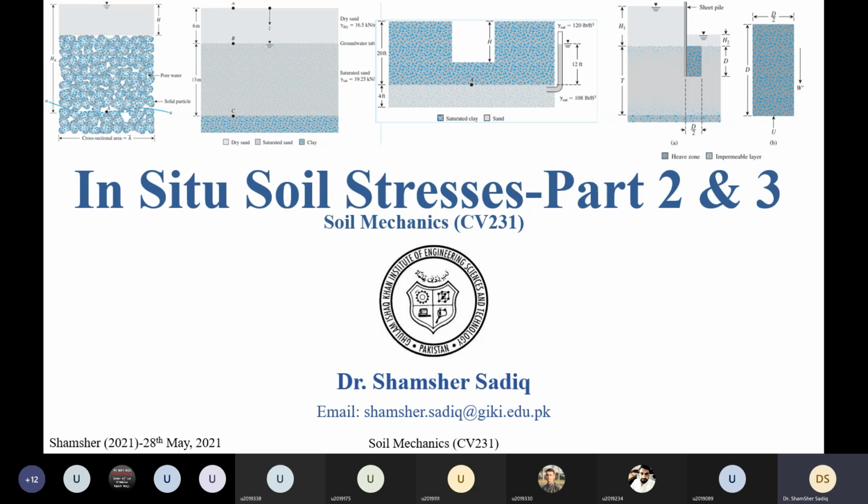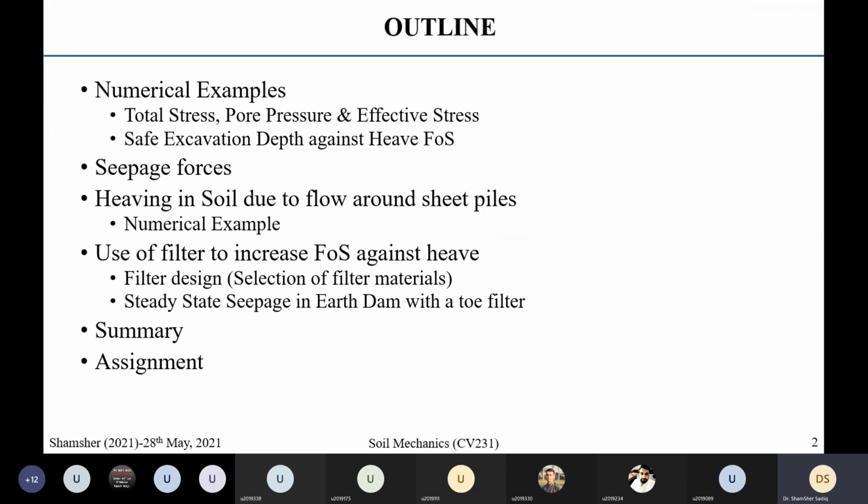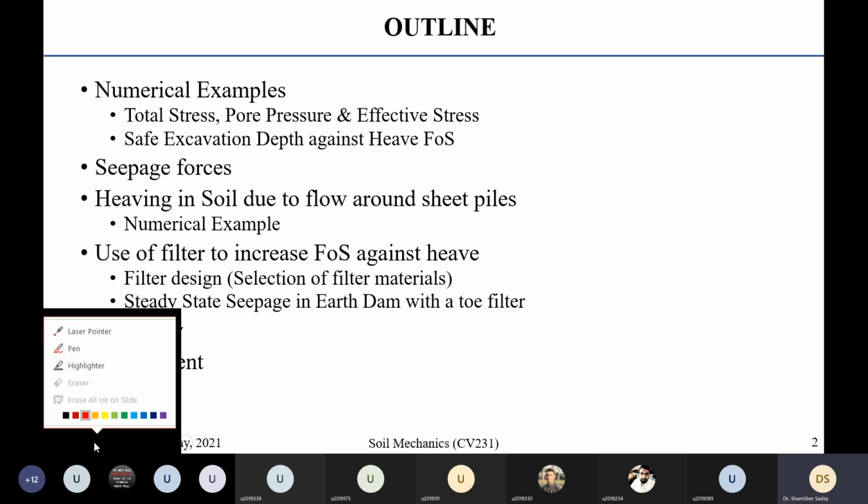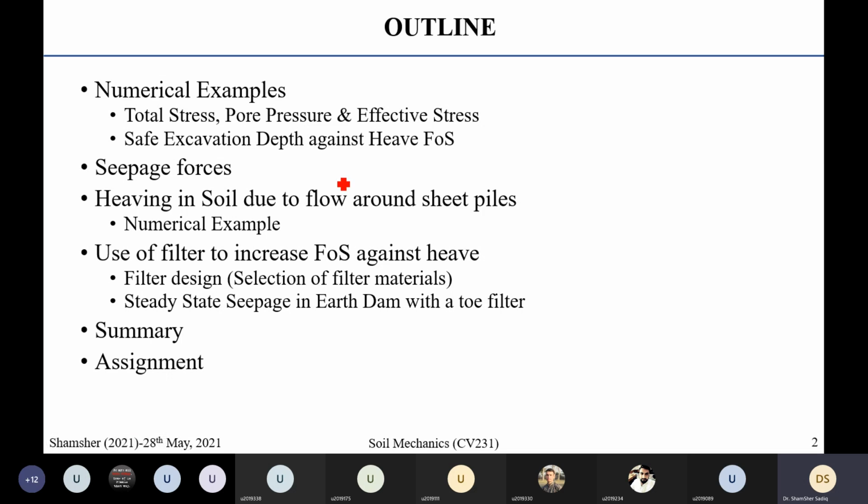Good morning, everyone. In our previous week, we learned about soil seepage and calculated the in situ state of stresses for the three cases: no seepage, upward and downward seepage. This is the continuation of the seepage chapter. In today's lecture, we will talk about two numerical examples to calculate the total stress, pore water pressure,